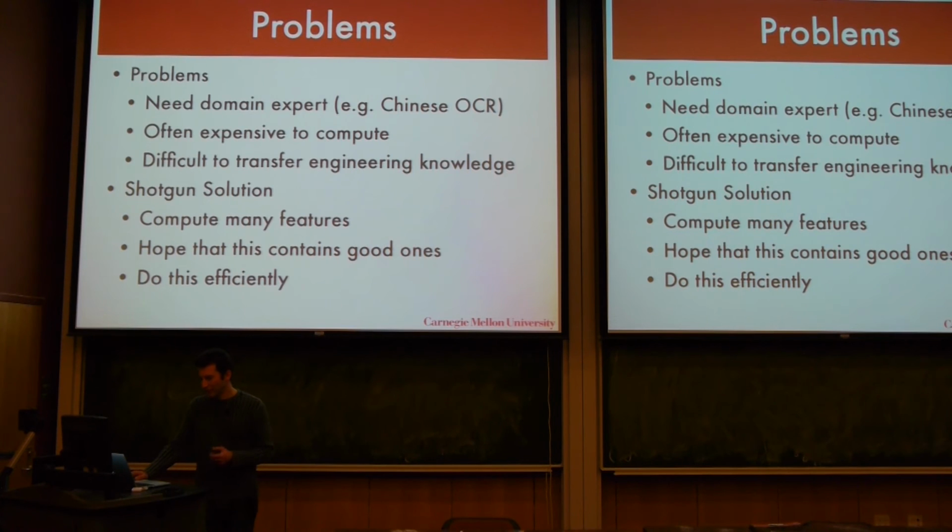But that's a problem, right? I mean, you need a domain expert, and they can be expensive, so can we at least make it cheaper than finding one? Those feature maps can be expensive to produce. You need all this engineering knowledge. It's somewhat useful as it is for them to study the problem at hand, but if you don't have time, how do you do the least worst thing, right? Well, one solution is to just use a lot of features, and then hope that the good ones are among them, and then you need to design an algorithm that finds them.